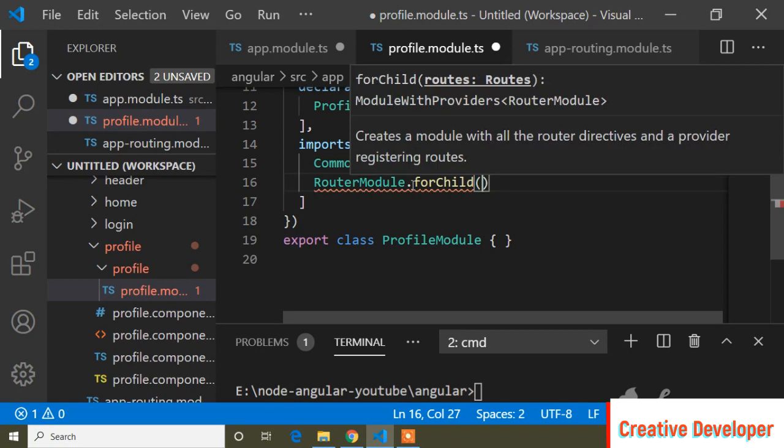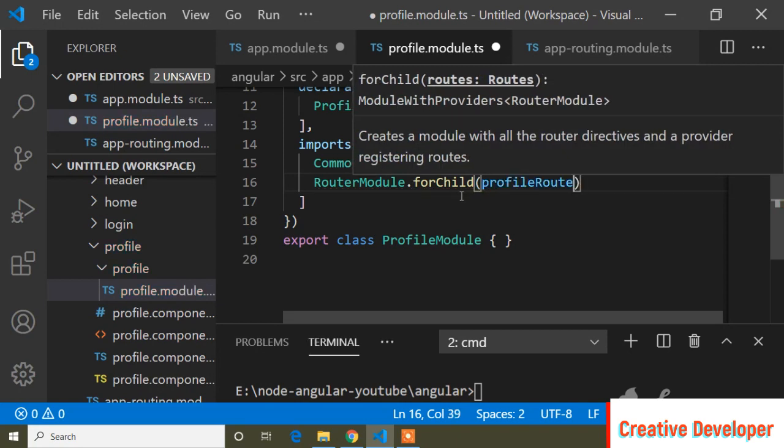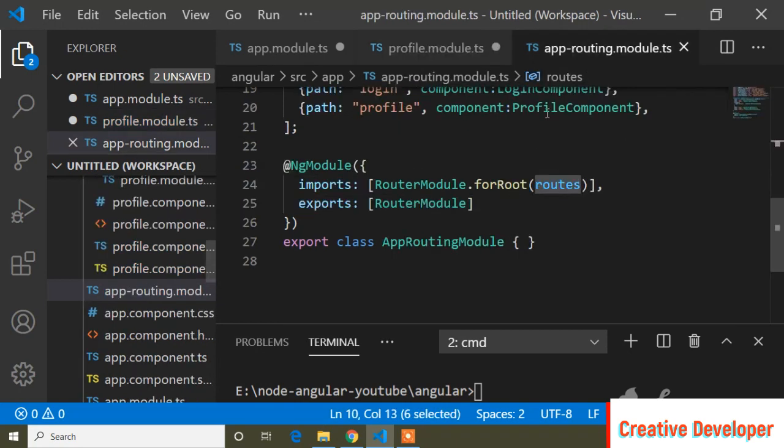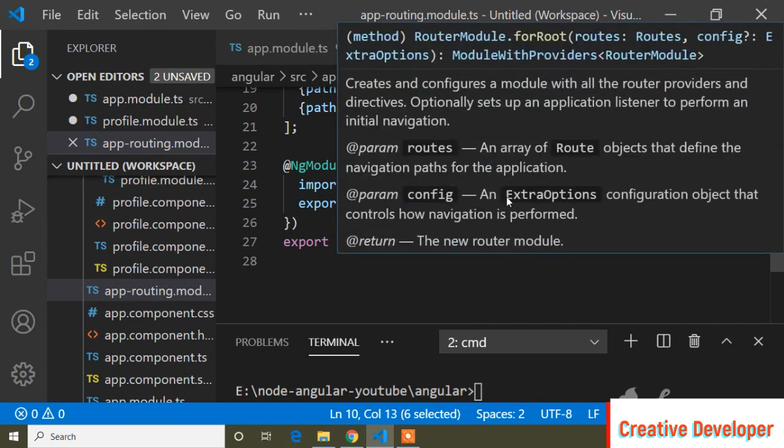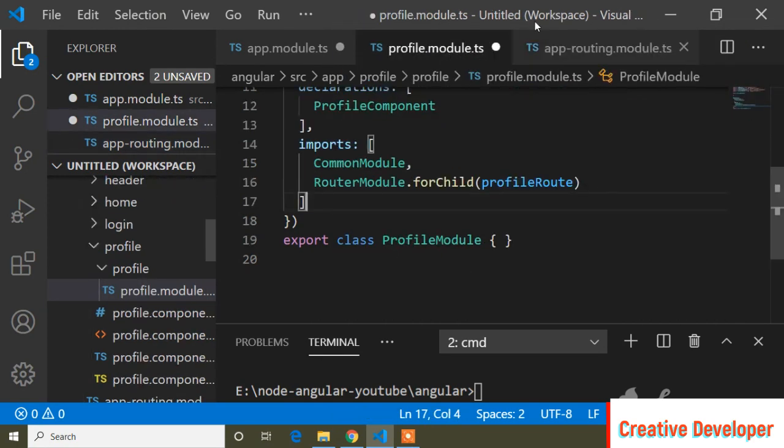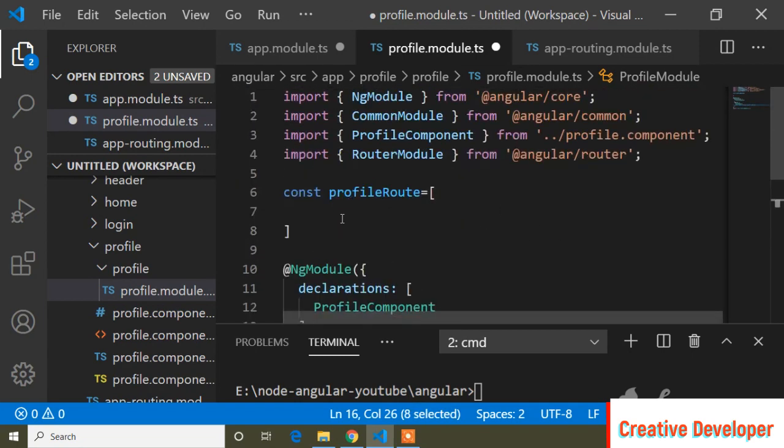Our main routing module, the app routing module, is for root, and I created child routes for our profile component, so it's forChild. And now I can create a route in our profile routes.